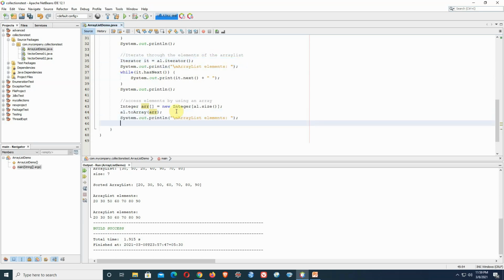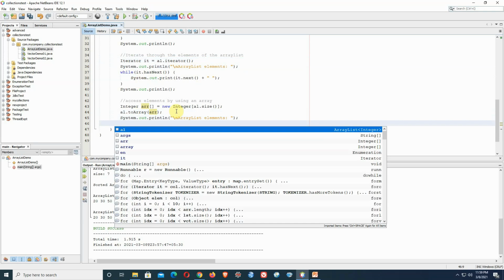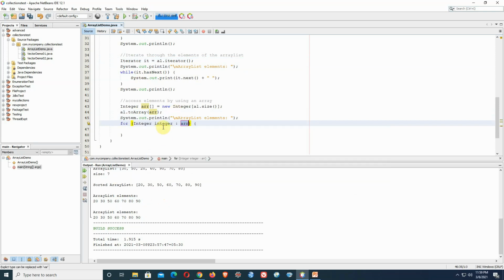So now I am going to access them one by one, say by using the enhanced for loop. Suppose I am going to use the enhanced for loop here. So it will be collecting the elements one by one, starting to end.